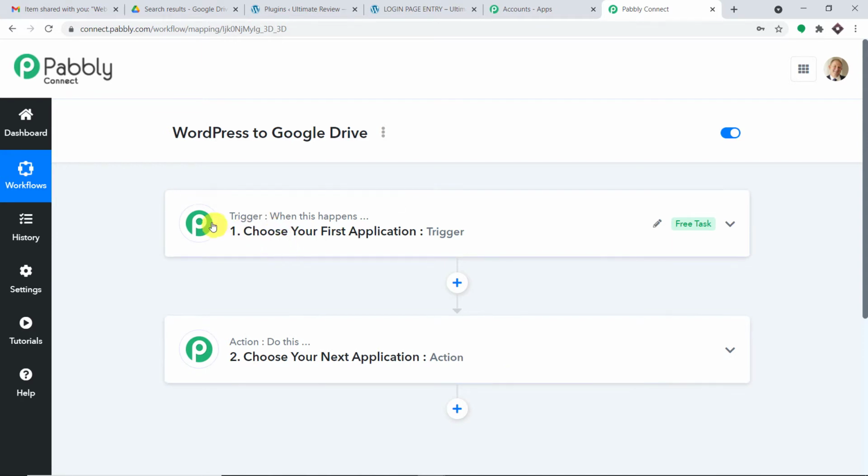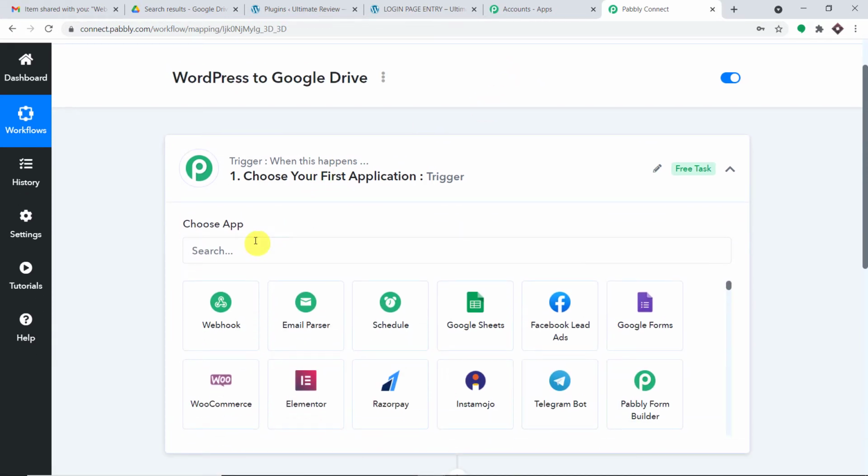So using these 2 windows, that is the trigger as well as the action window, we are going to create a workflow to integrate WordPress to Google Drive. Now the best part here is the link of this workflow that we have created is going to be added in the description box so that you can clone it and directly access it in your account to begin your automation journey right now. Okay, so let me just click on trigger. And here, let me just choose the app as WordPress.